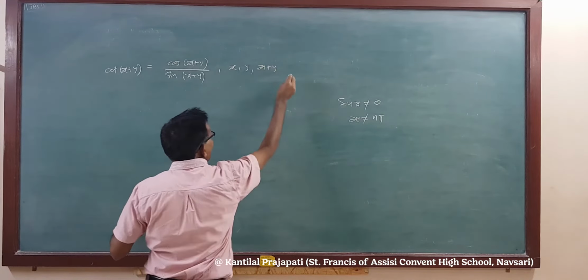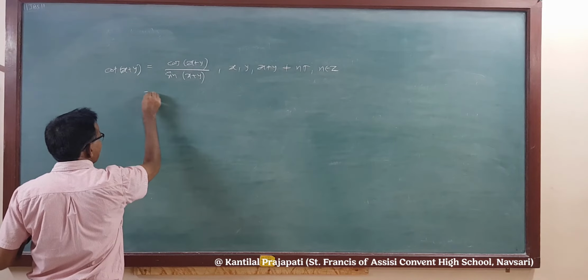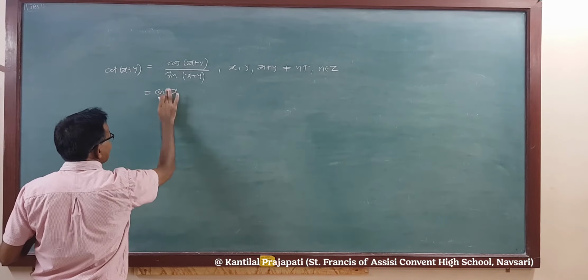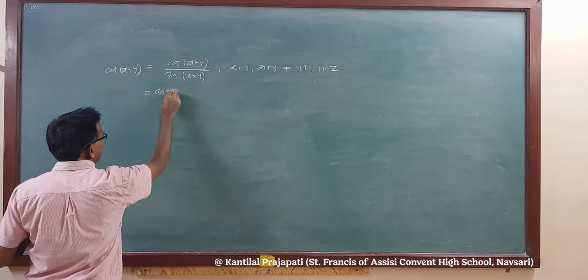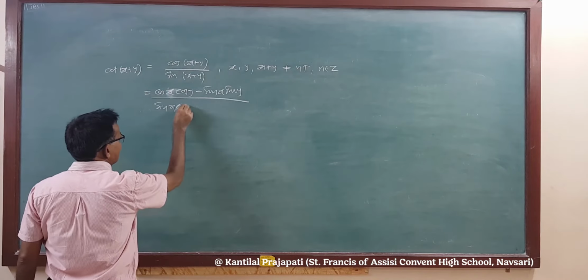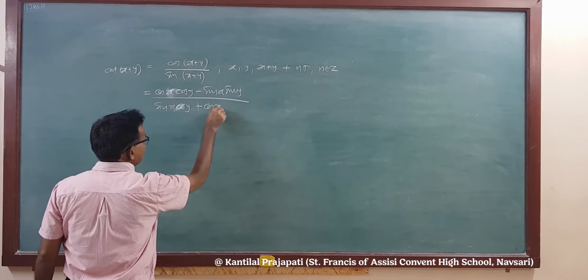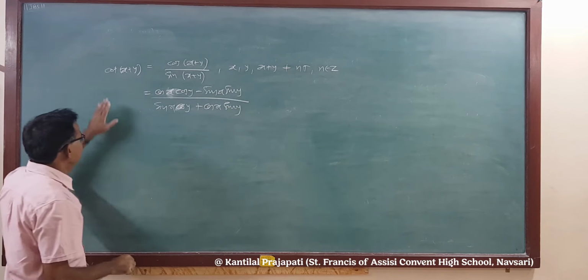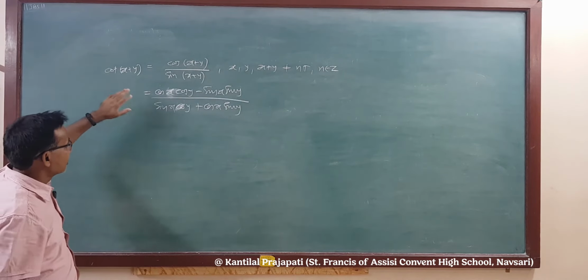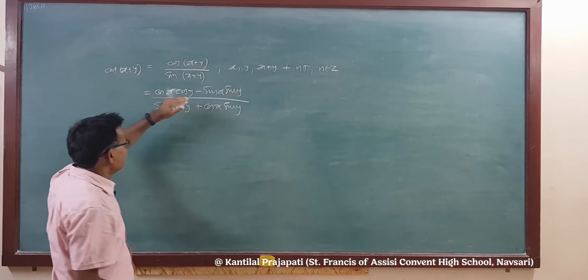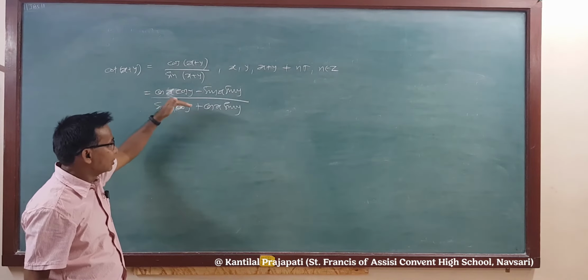So again we write the addition formula: cos(x + y) is cos x into cos y minus sin x into sin y. With a plus sign we get a minus sign. Sine remains the same, but its function is sin x into cos y plus cos x into sin y. So this LHS sine is cot, so we have to convert into cot, and to convert into cot, each term is divided by sin x into sin y.